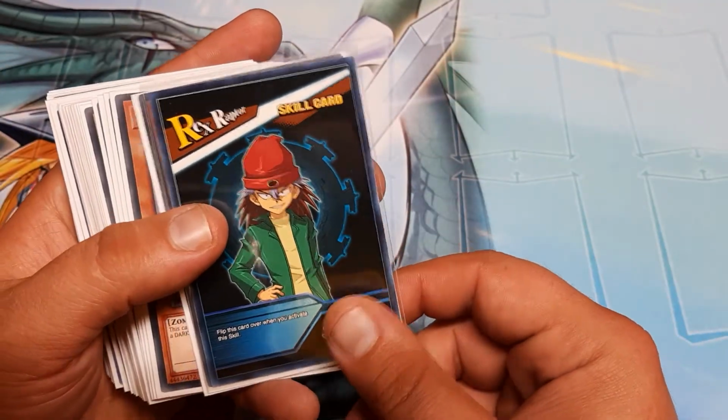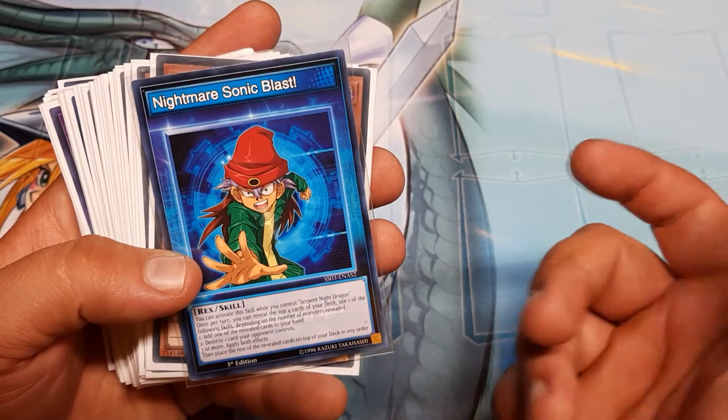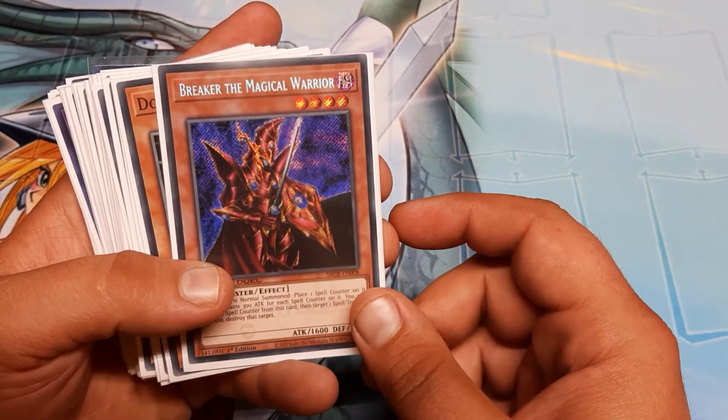So the first thing we need to do is get a skill card. Which skill are we going to use? Nightmare Sonic Blast. Again, we just want to be able to control things, and this will allow us to if the strategy goes off right. So the main deck, single breaker,